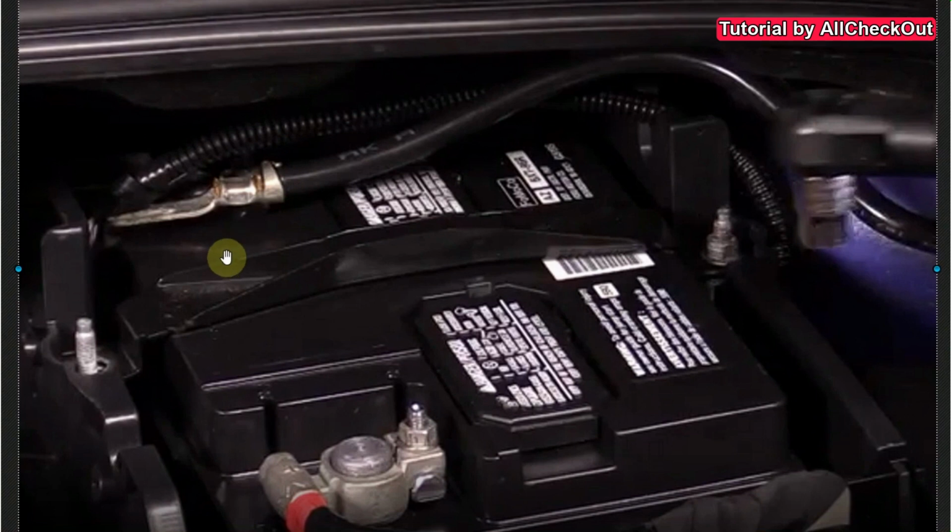Unfortunately, I have only a picture here from another model of the Ford Focus. It's not the 2018, so here it's much better accessible. With the 2018 SE, it's a little bit more difficult to untighten the nut. But this is almost already the biggest challenge here, to untighten this screw. Just make sure that you don't lose them, remove the nuts fully, and then remove this bracket here, this black